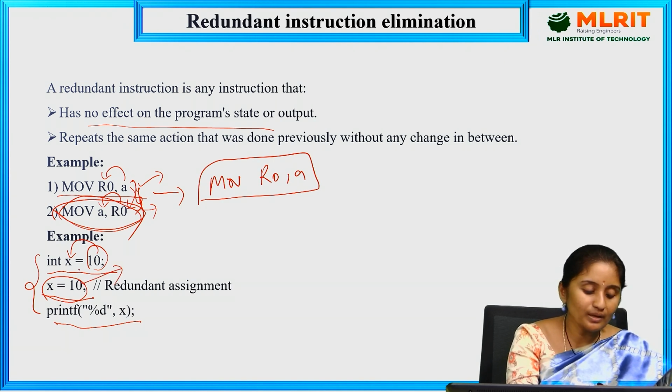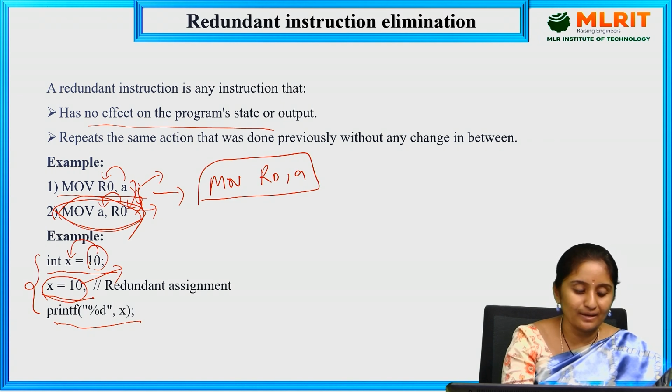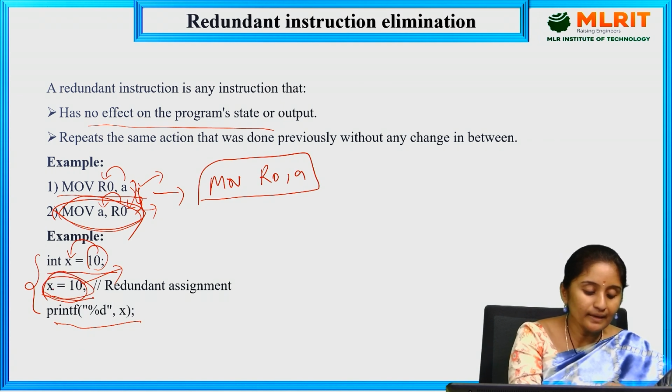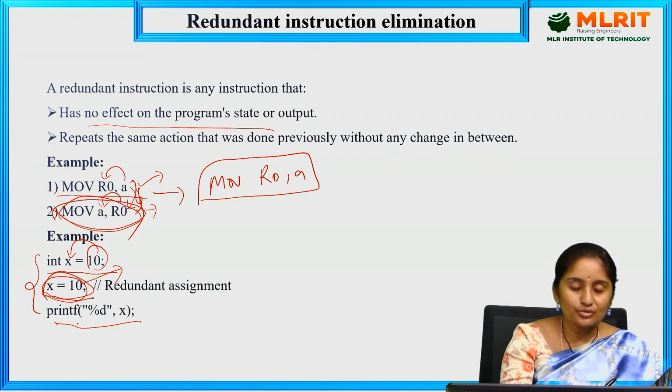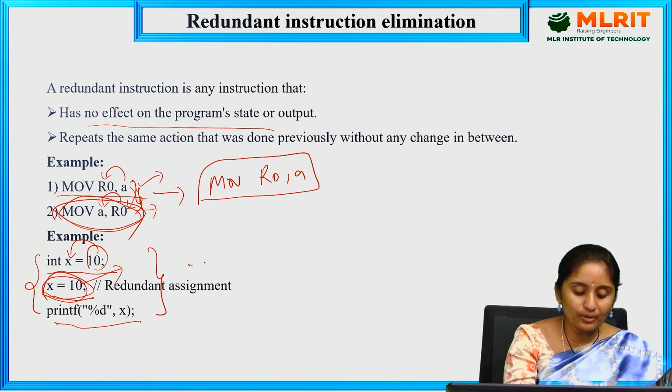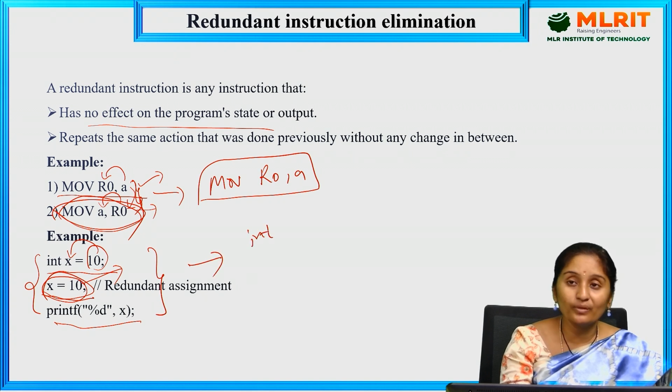Why? Because the value of x, 10, is already assigned. So this is a redundant instruction, and with this, memory and space are wasted. So we are going to just remove this type of instruction. Now the final program, after removing the repeated or redundant instructions, will be